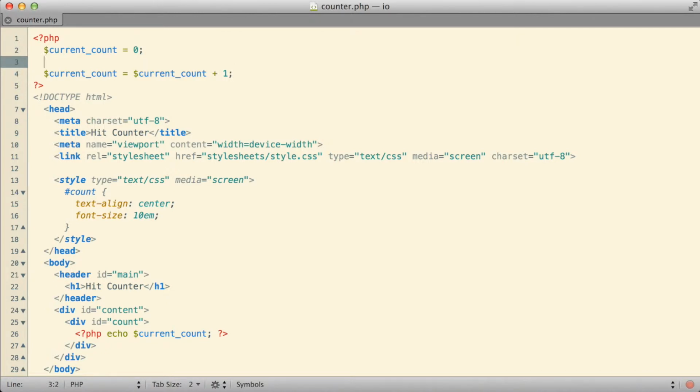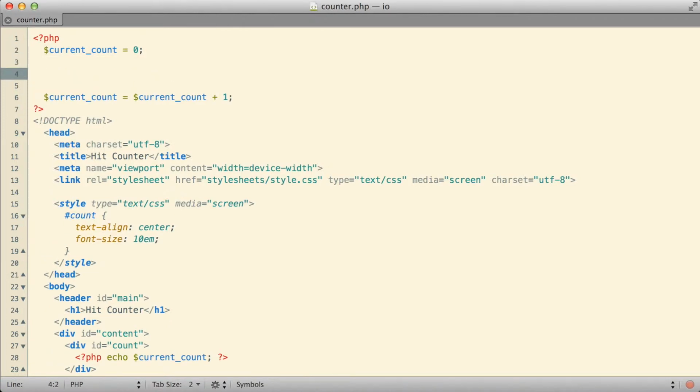The part that makes it a little bit more interesting is what if there is a previous count. If there is, I don't want to start with a current count of 0. What I want to do instead is start with whatever count I already have. So let's assume that any count that we might already have is simply stored in a file, a little text file that has nothing in it but a number that is our count. Let me start by opening that file. I'll say this file is called count.txt,